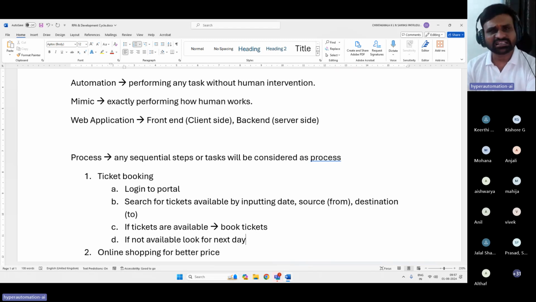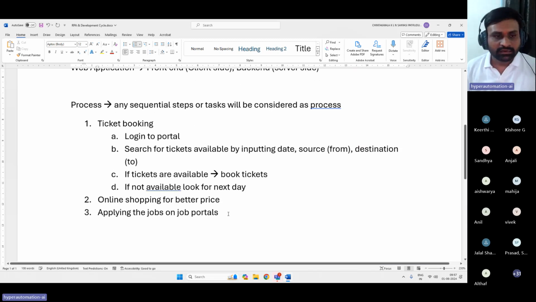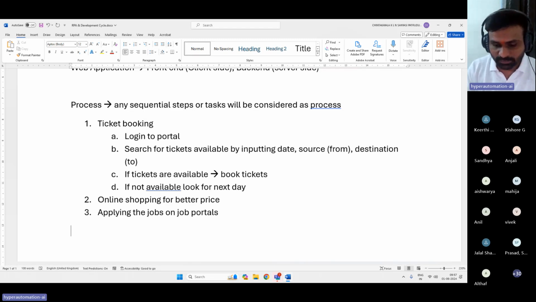It's not necessary to think of very big use cases like payments or invoices or anything. Don't think of that. When you start learning, just think of what you generally do in your day-to-day life. That will actually help you kickstart your RPA journey or initiate your automation. First, you do what you know, and then you can explore the actual business processes. These are the processes, right? And now I'll be coming to business processes.